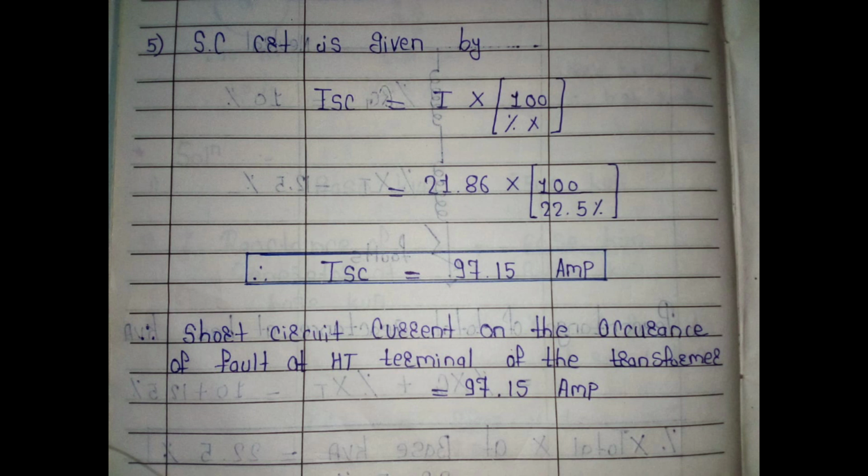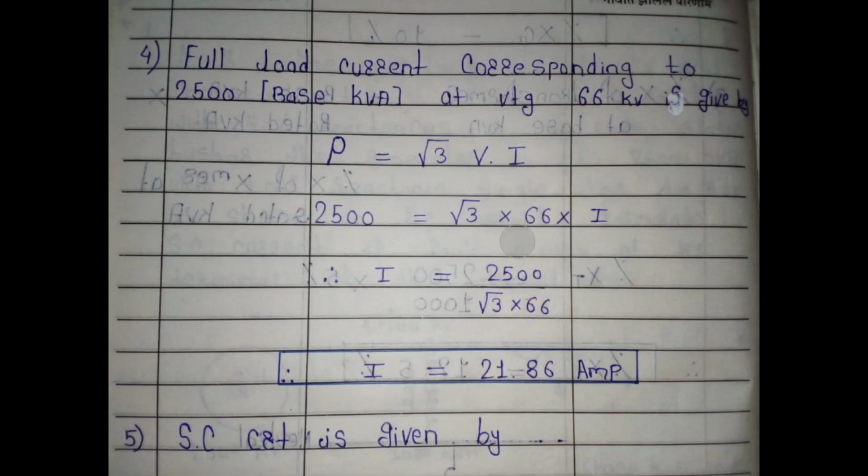Here we use 66 because the short circuit current is found at the HT terminal. If the question asked for the LT terminal, we would use 11. But here it asks for the HT terminal, so we use 66. Then our final answer is